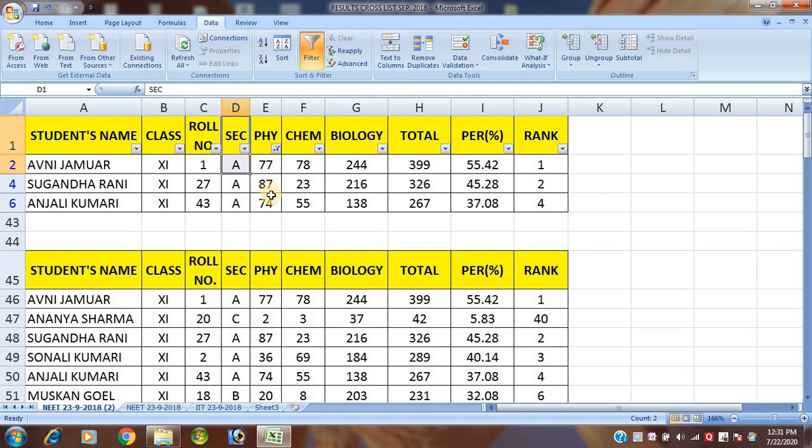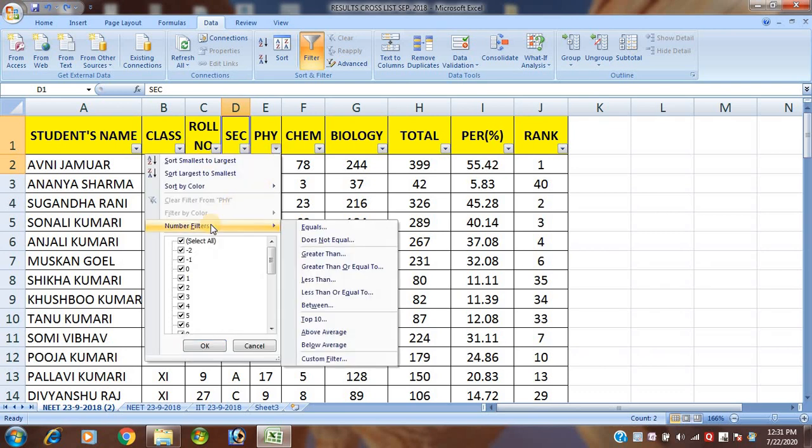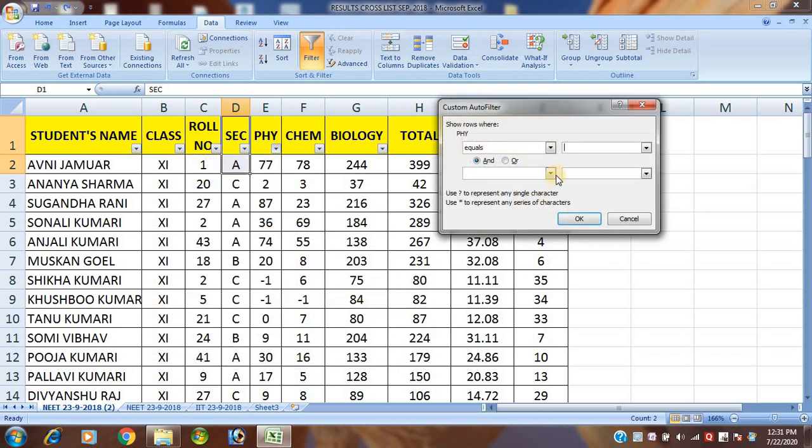Okay, so in this way student you can apply. If you want to apply more than one condition, then what will happen? Again undo, again I want to click on physics, click on number filters, then click on custom filter. Again click on greater than or equal to and give the value, suppose 70.